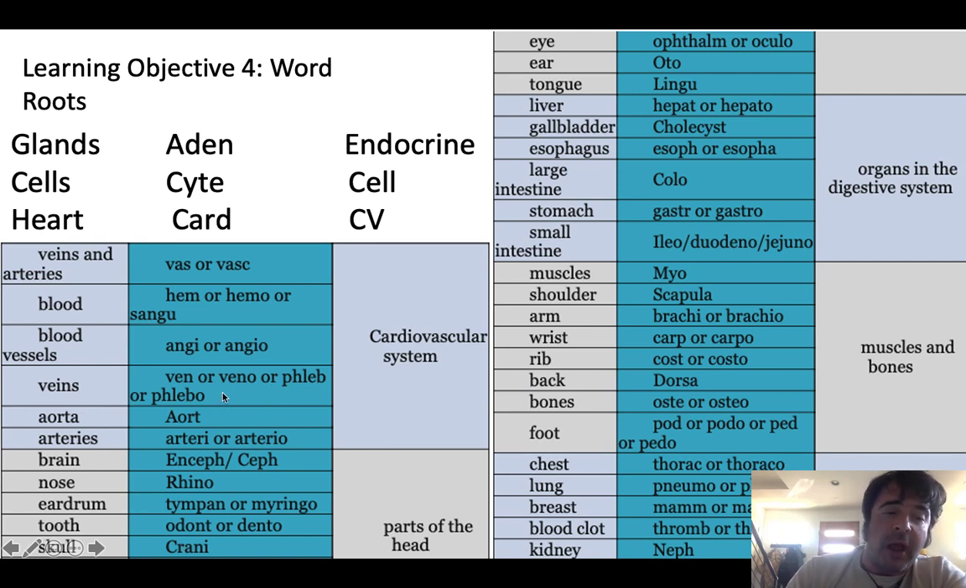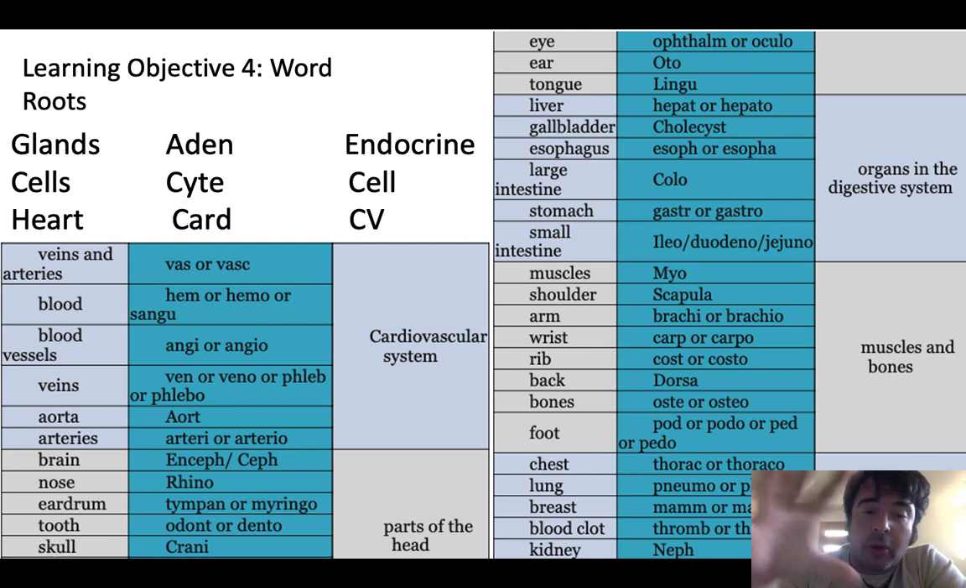So if you see phleb or phlebo, what you're talking about are veins, right? So a phlebotomist makes a surgical opening in a vein in order to extract blood. And I think everybody should get phlebotomy certified before they even go to a nursing program. It's a great one-month program that tacks on some real concrete skills that you can include in your